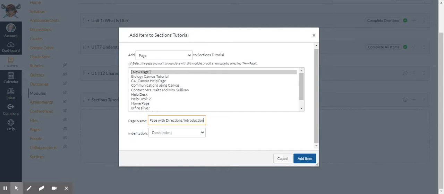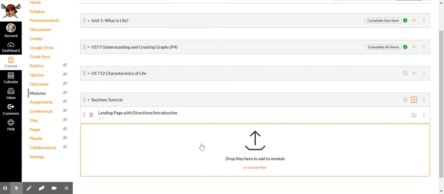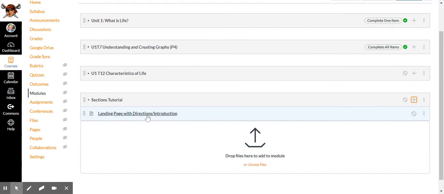I don't want this one indented. Right. So I have left this one saying don't indent because that's the main landing spot for this new assignment. So I'm going to click Add Item, and it will show up here in my module. If I go to this page,